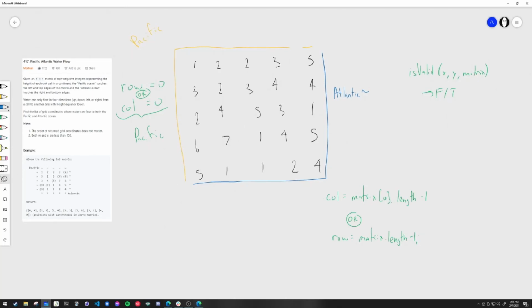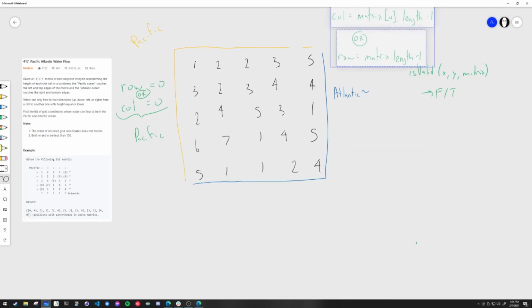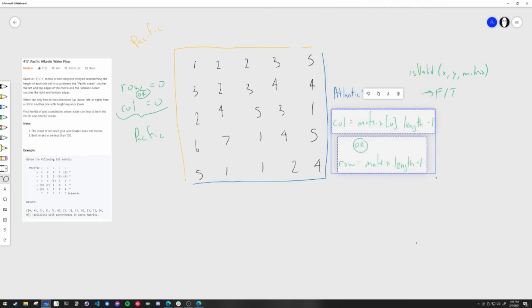Let me see if I can move this stuff because I want some more space to play around with. Can I grab that? I can. Okay, I'm going to put you over here. I think I can also make it smaller. Anyways,